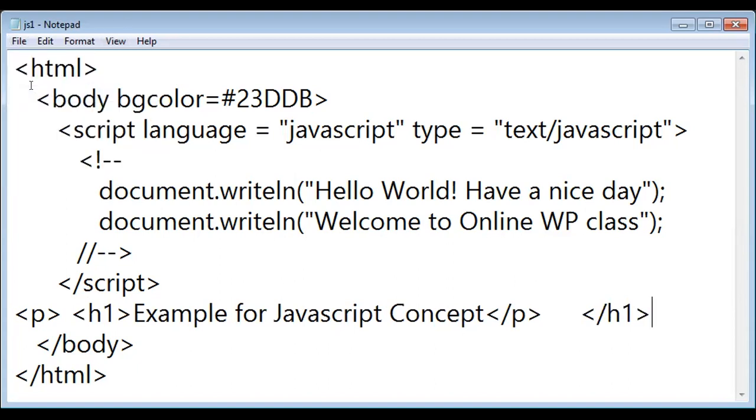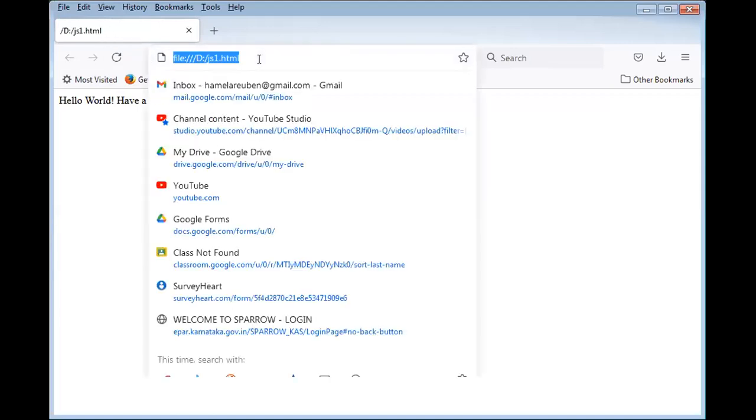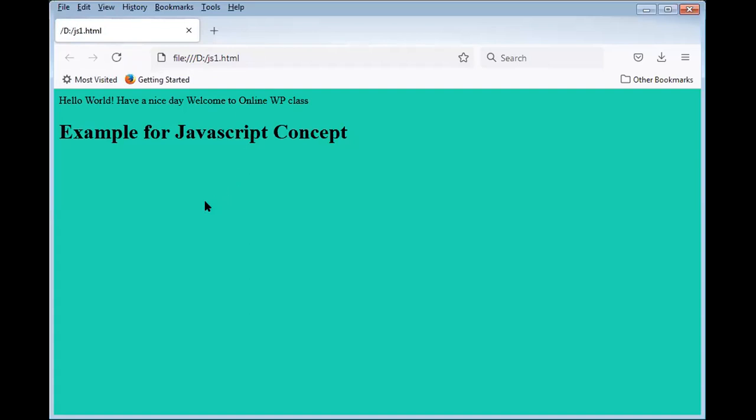File, save. Now I'm opening my browser and I will show you what changes it is reflecting. Refresh this page. See, according to those changes, it all will be there. So you can write your normal HTML program. Inside that, in a head tag or in a body tag, when you include the word script, and inside that you give the scripting code, JavaScript also will be embedded in the HTML document. This is how our program works.